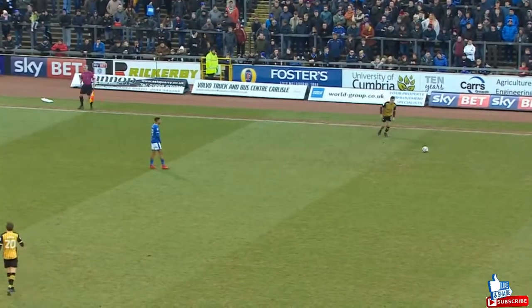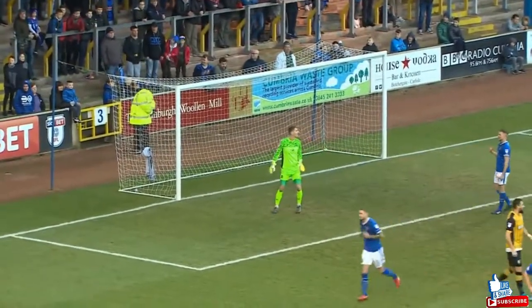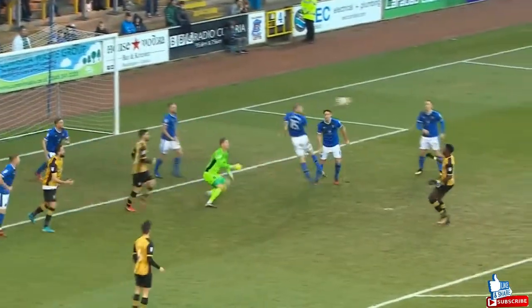He's got Nuyu, Zhao, Boyd, all up there to aim at. The ball is pumped into the box. The keeper and the defender have got in a bit of a mess, and it's come to Reach on the edge of the box, who could only hit it first time, but he skied it into the away end. There was a real breakdown of communication as soon as that ball was put into the danger zone by